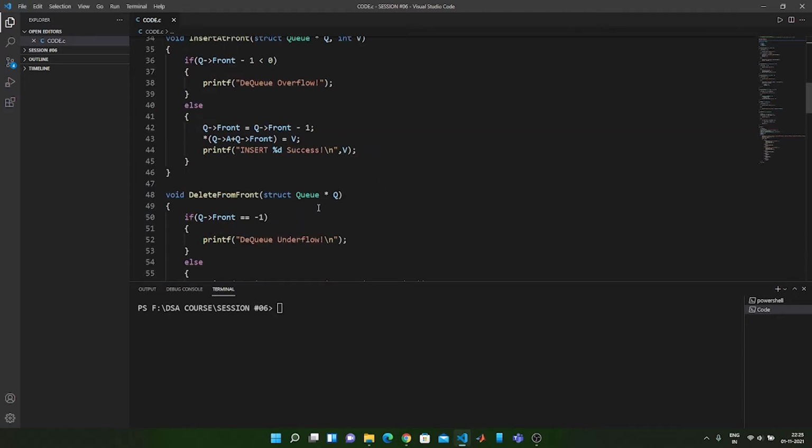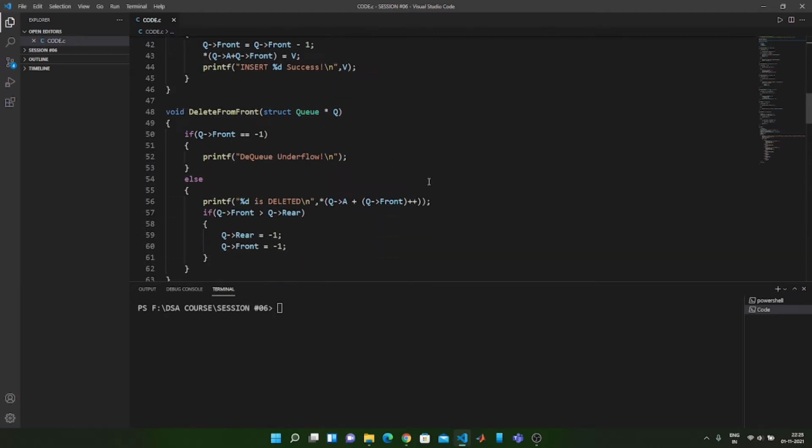And now let us move on to the next function, which is the delete from front function. It is going to take the queue as input, and if the front value is equal to -1, then that basically signifies that there is nothing to delete from the front position.